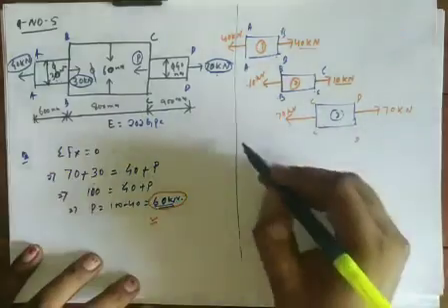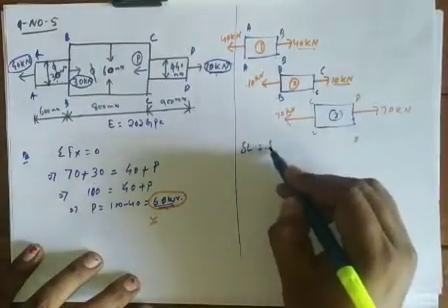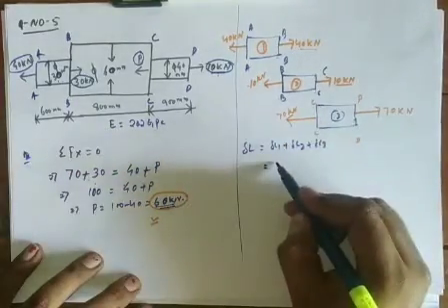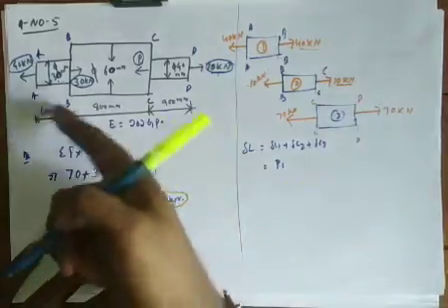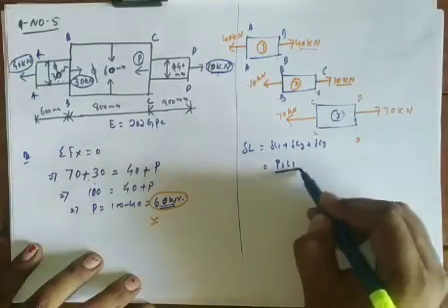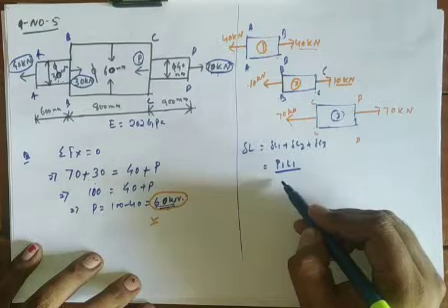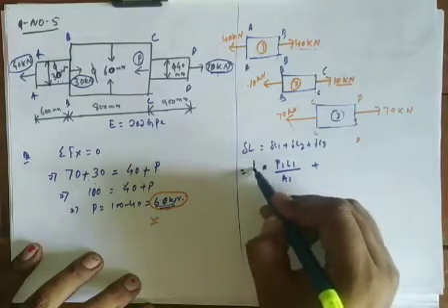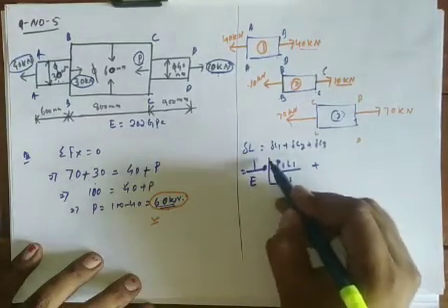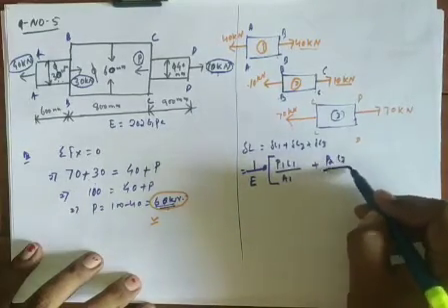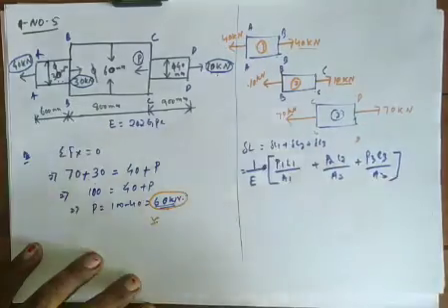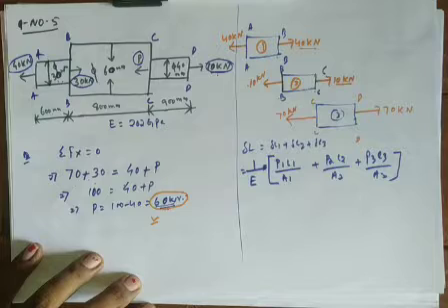Now the formula: del L1 plus del L2 plus del L3, that is P1 L1 by A1. Area is not constant, that's why A1. As Young's modulus of elasticity is constant for all the material, because the material is the same, 1 by E will be taken as common. Next P2 L2 by A2 plus P3 L3 by A3. So this is the del L formula. All the forces are tensile forces, that's why all are taken as positive.